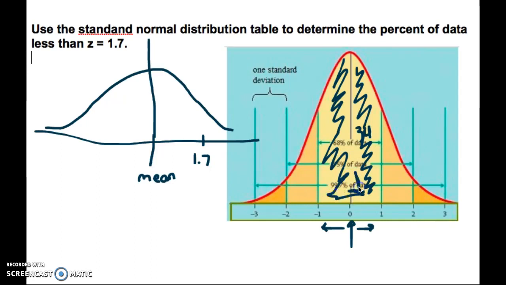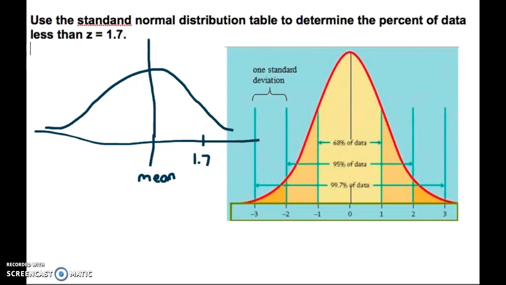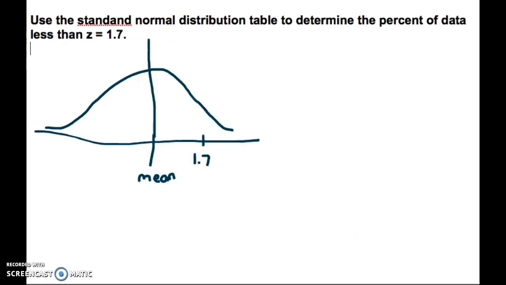The trick comes in is, what if you don't have complete standard deviations like 1 or 2 or 3, so that you're using the nice values of 68% and 95% and 99.7%. What happens if you have different percentages? And so that's what we're going to have a look at today. One of the problems from our homework said use the standard normal distribution table to determine the percent of data